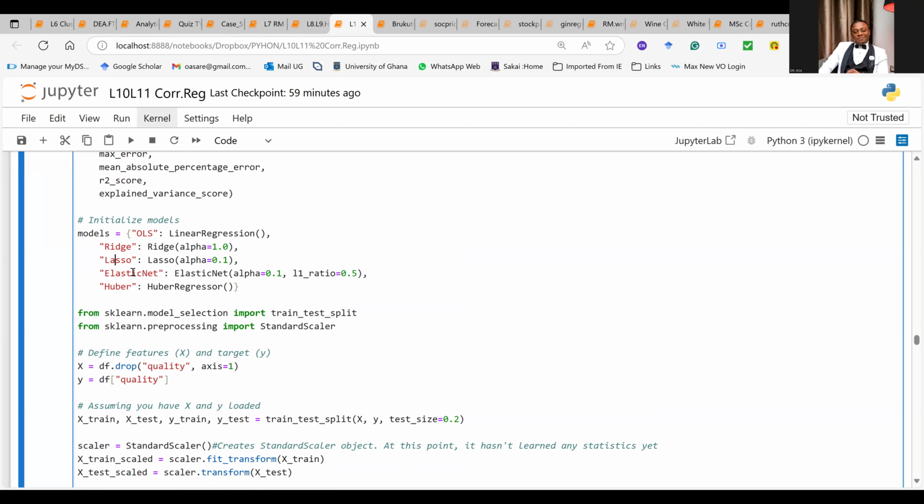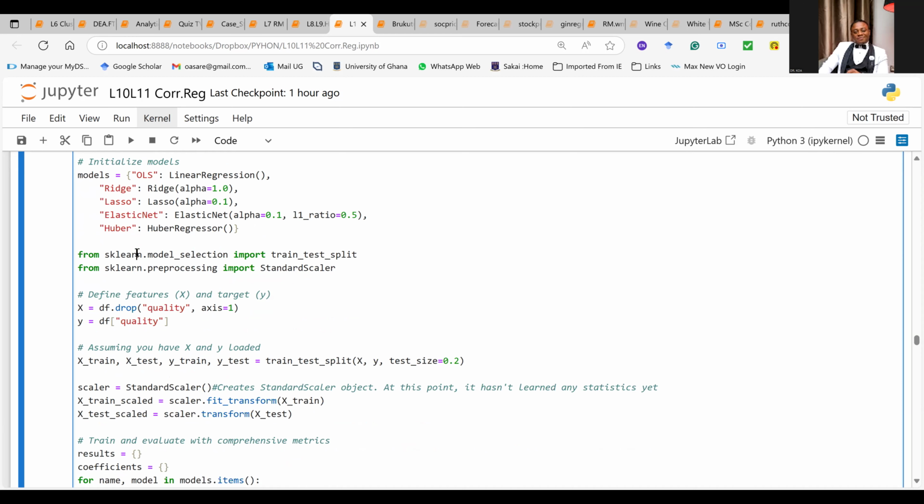You include the ridge, the lasso, the elastic net, the Huber. Now, as you know, the ridge, the lasso, and the elastic net have what? Regularization parameters. Okay, the alphas, and then the L1 and L2 ratio. So all of them have also been defined there. You can change them. Changing these numbers is what we call hyperparameter tuning. Changing some of these numbers from 0.1 to 0.9 or to 0.6, these are the alpha parameter tuning. And you can change some of them along the line when you feel they should. But you got to get the intuition behind that tuning before you do it.